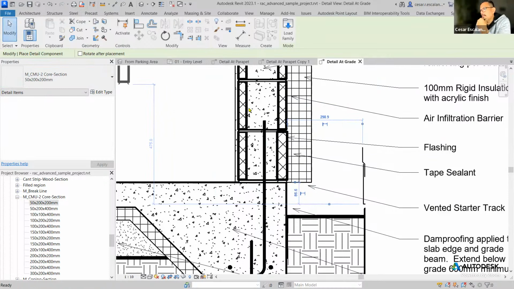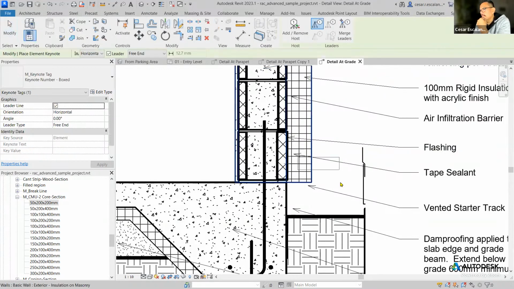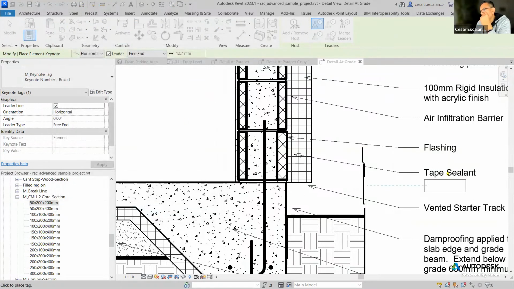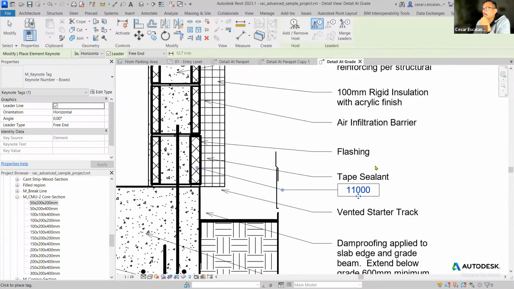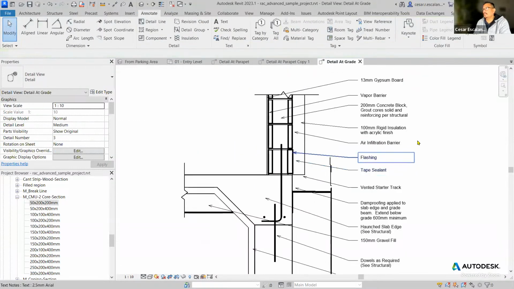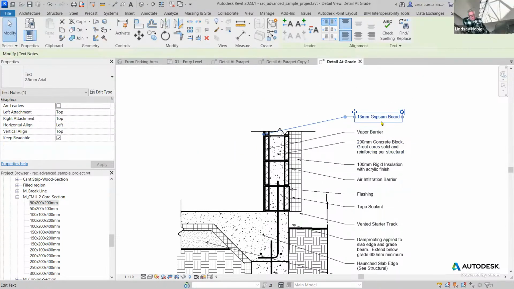And then that element can now be tagged. There you go. Yeah, that's a limitation,